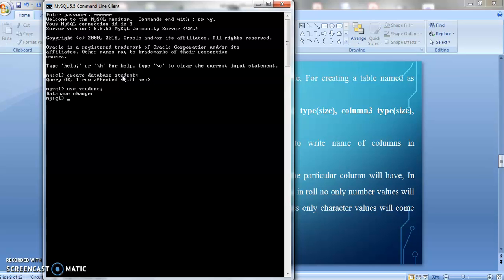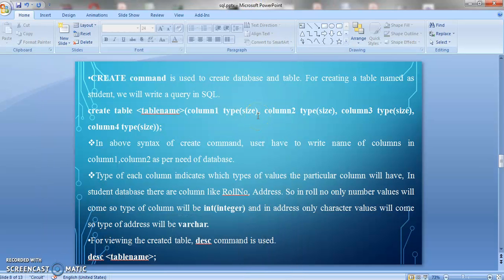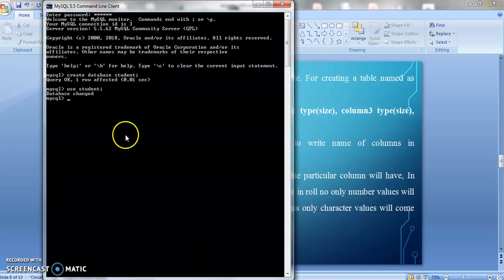Now we can create a table. Okay. So in today's session, first we will emphasize the create command for creation of a table. Then we will use the insert command for inserting the values in the created table. And then third, we will display the data which we have inserted using the insert command. So in today's session, first we emphasize these three commands, and then we'll see the rest later on. So first, I created a database named student. Now I can create a